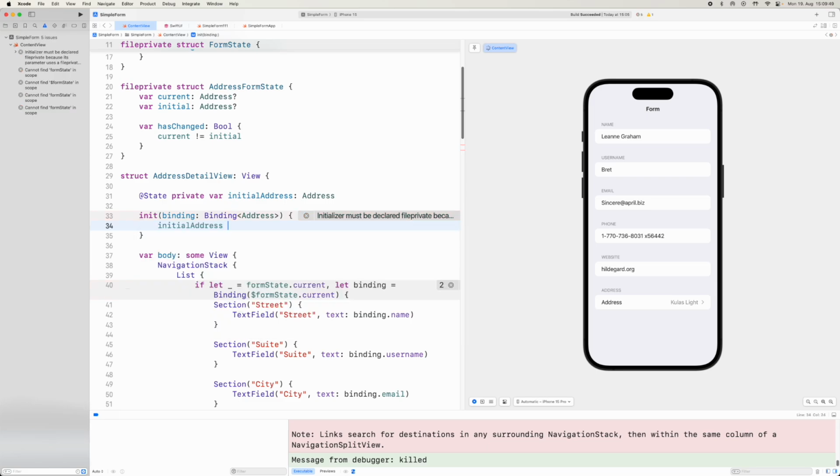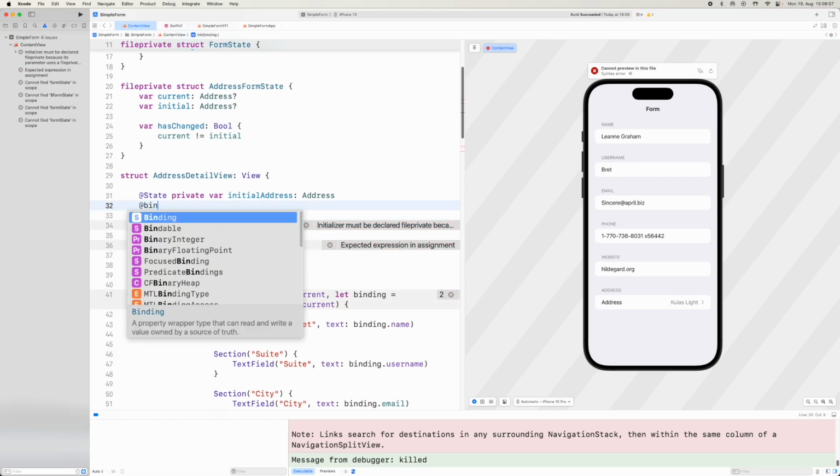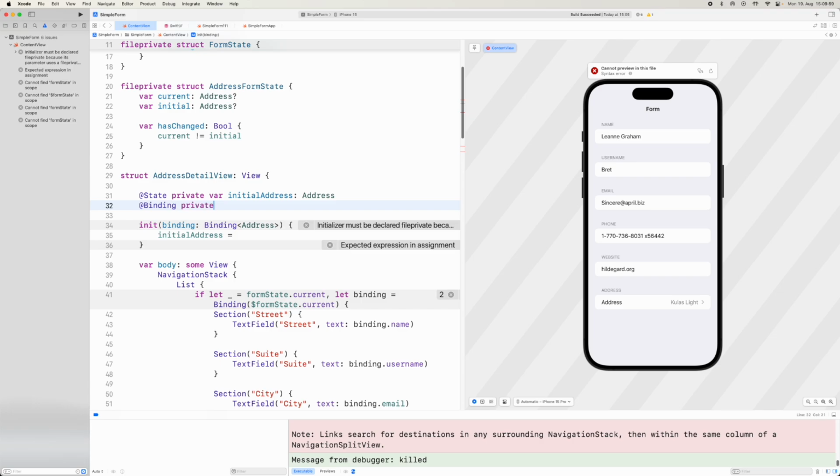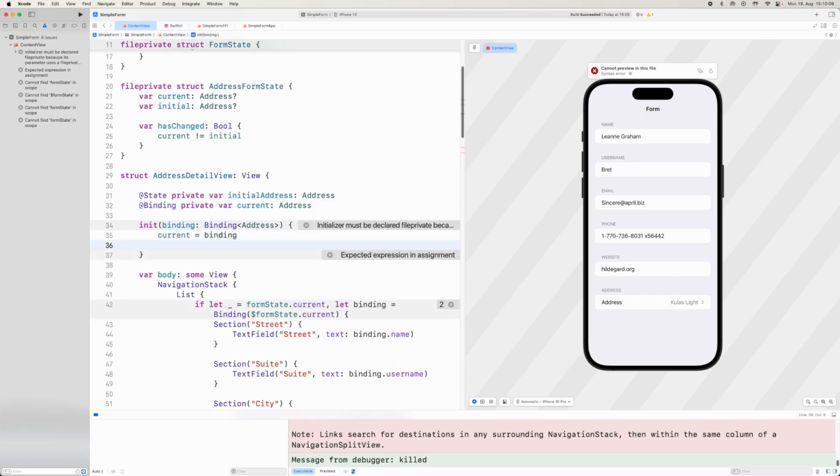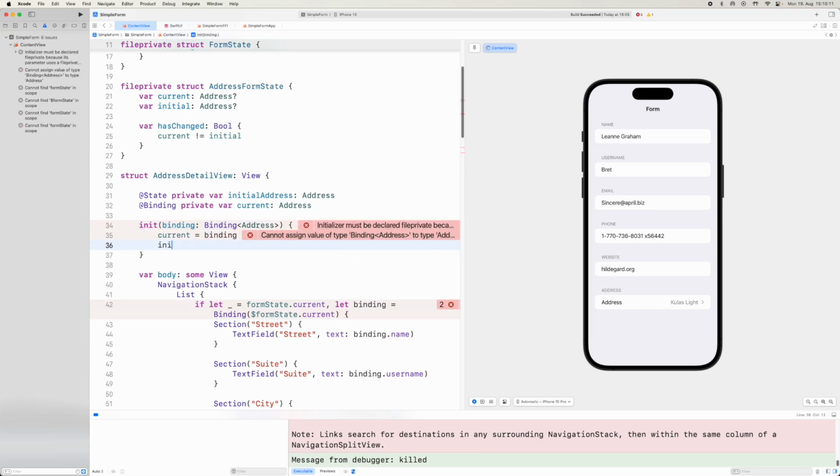And we're going to say initial address is equal to, we have to create our binding first of all, and we'll say current, and we'll say address is here, all right? And we'll say current address is equal to binding, and then we can say here the initial address is equal to